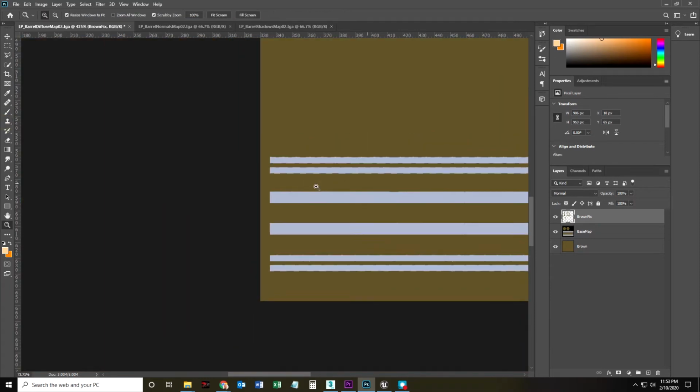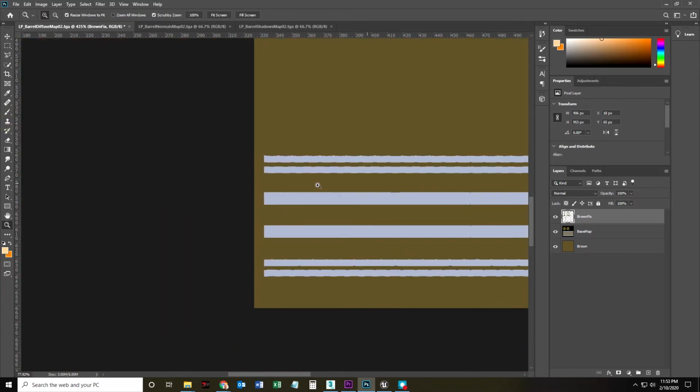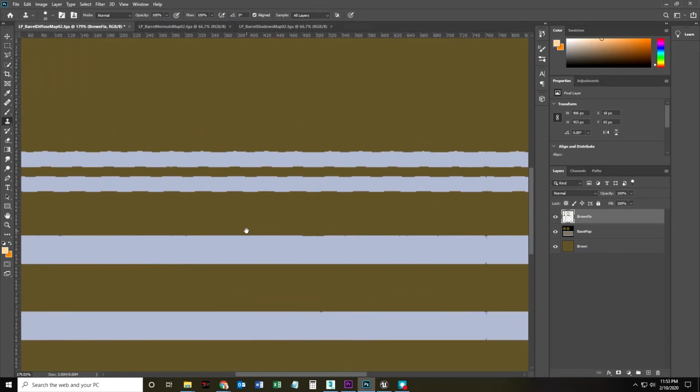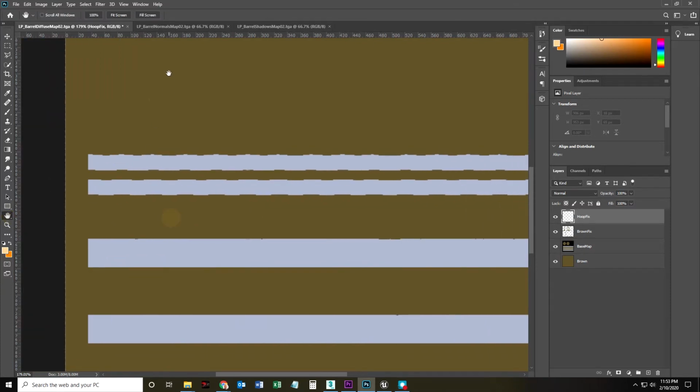Okay, good. I thought I was going to have a bad thing happen. So that's the brown fix. I might add a new empty layer, or double-click it, and I might call this Hoop fix. I'm going to do something similar, but instead of fixing the brown background, I'm going to